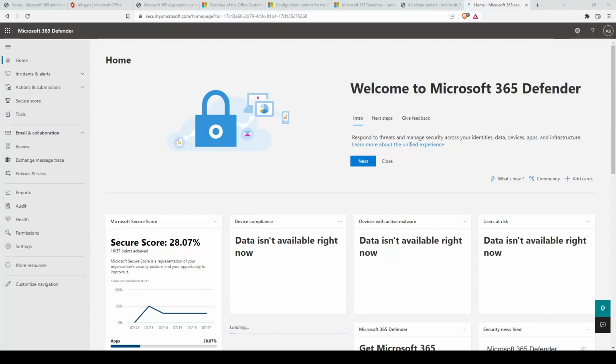Hey, this is Andrew Brown from Exam Pro, and we're going through an overview of the Microsoft 365 Defender. We'll be taking a look at only the key features here. So, in general, Microsoft 365 Defender helps respond to threats and manage security across your identities, data, devices, apps, and